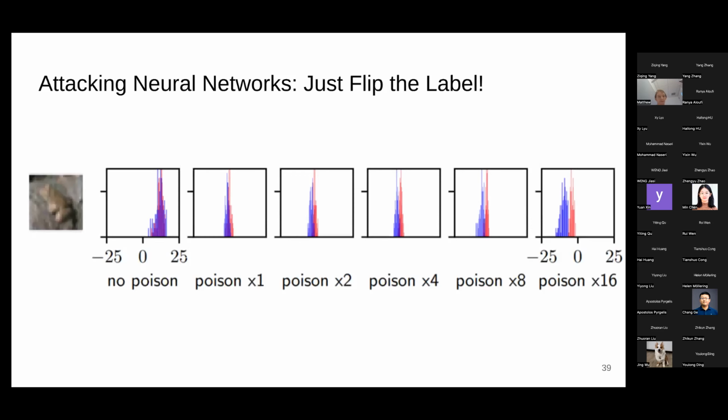Thanks. Yeah, thanks for the question. Hi, Matthew. Can you hear me? Yep. And so here you poisoned 16 exactly same images, and I'm wondering, is it because of the duplication of this exact image and the exact flipped labels that increases this difference?